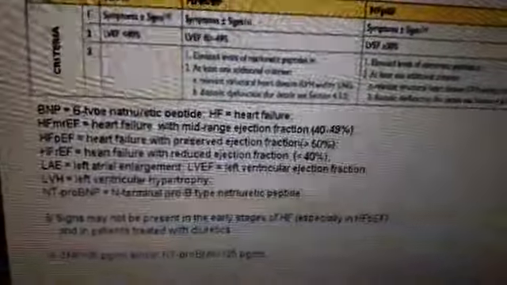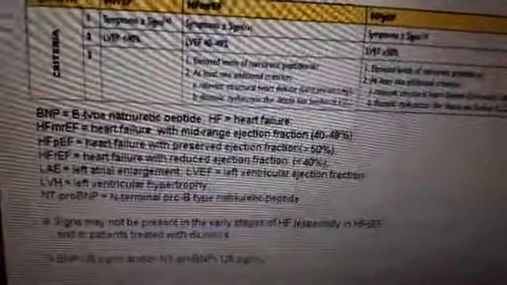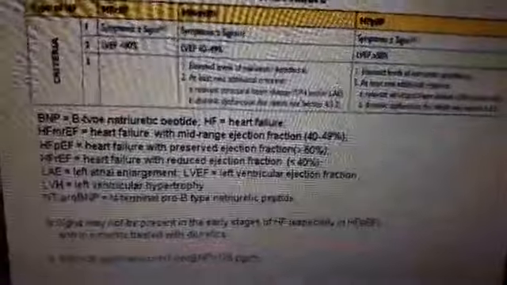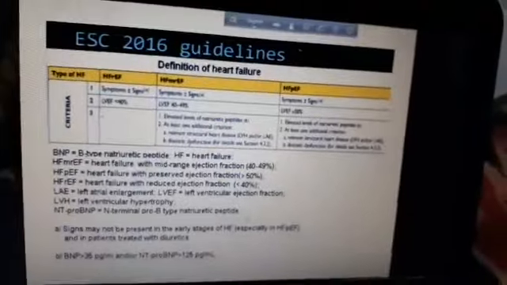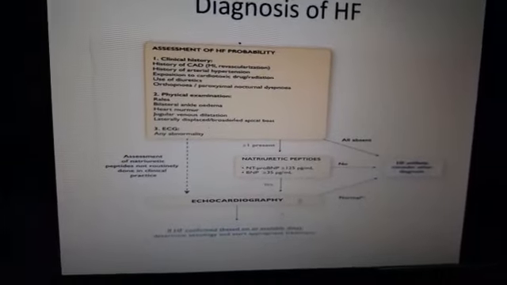So here look, BNP level in heart failure is more than 35 picogram per ml, or there is another indicator, NT-proBNP, the N-terminal pro BNP, that level should be more than 125 picogram per ml. So BNP or NT-proBNP measurement is important for diagnosing heart failure. So once again, this is the picture. Clinical symptoms must be present, natriuretic peptide may be elevated, and if clinical features and natriuretic peptides are all